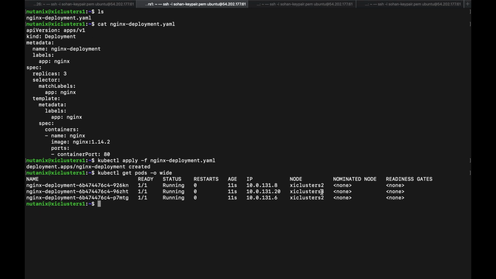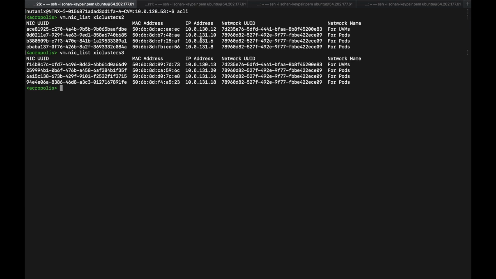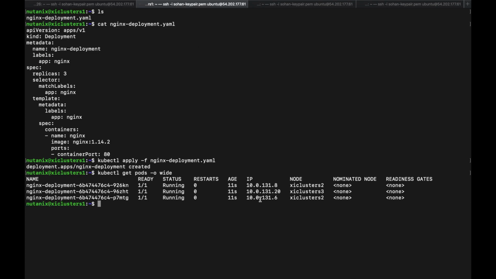One of them is running on the third node, and as we can see, IP addresses 131.6 and 131.8, the VNICs that were attached to the second one, have now been consumed by the pod. And similarly, we had 16, 18, and 20 attached to the third node. This IP has been taken up by this.